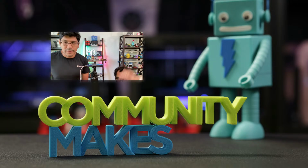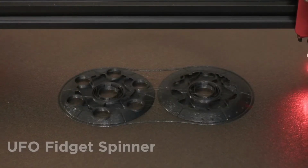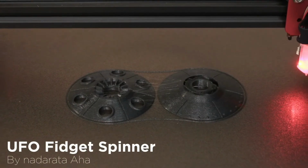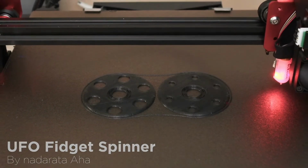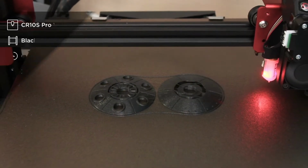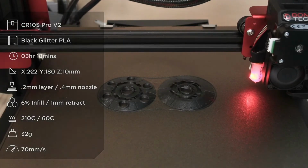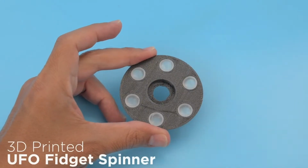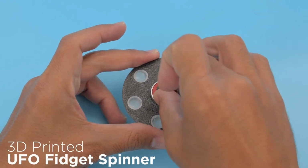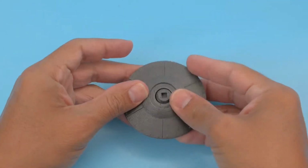On Thingiverse, it is a little UFO fidget spinner. It definitely caught my eye with the assembly of it, the multi-material parts, and then having that extra little teleport beam, tractor beam. I thought it was super cool. These are little diffuser bits that are printed in some translucent PLA, and then you can snap these